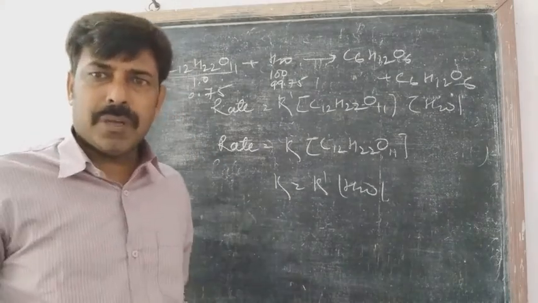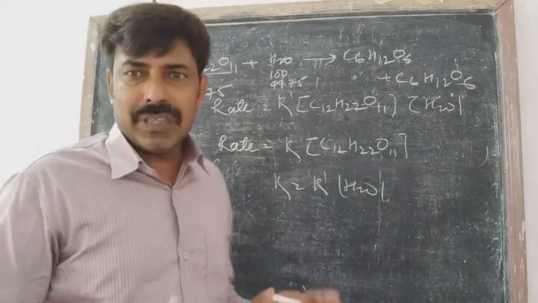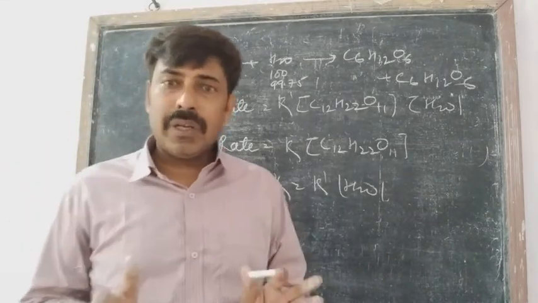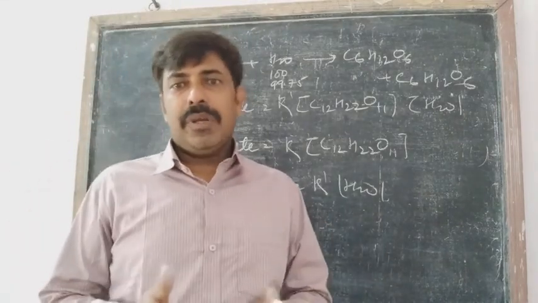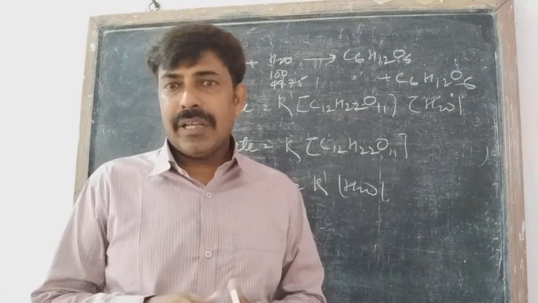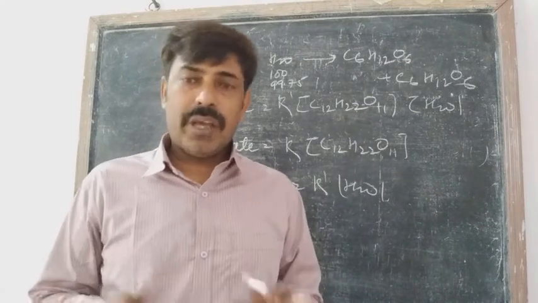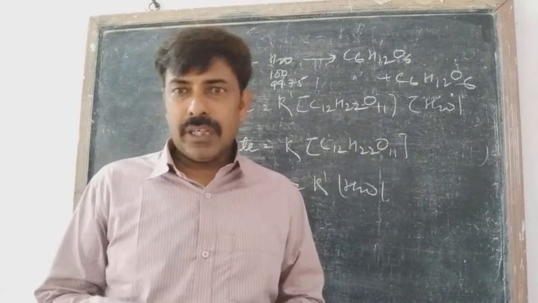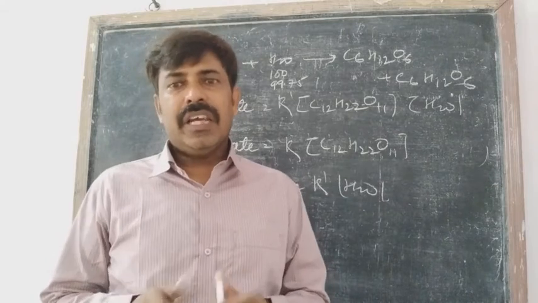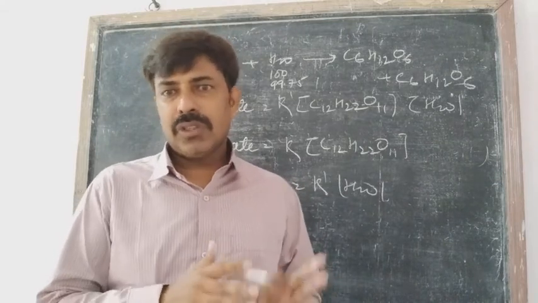There are a few other examples, and almost all the examples have the same condition, that one of the reactants is in excess, and because of the excess, that reactant is not capable of determining the rate of reaction for that specific reactant, and this is the overall pseudo order reaction.